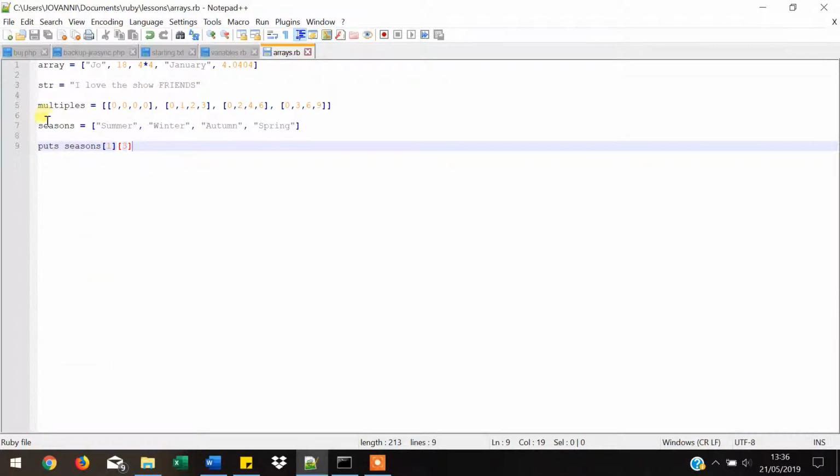So that's how we deal with two-dimensional arrays. Our array can go up to even higher dimensions. Let's say I want to make a three-dimensional array. Let's make an array, let's call it characters. And if I want to print characters in the show Friends, we have,